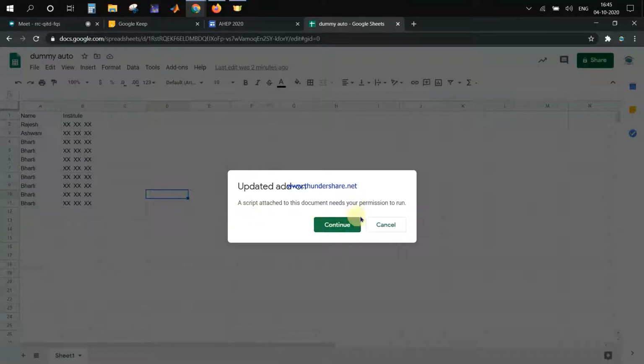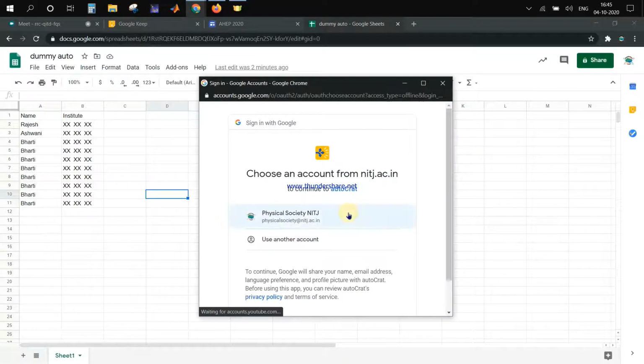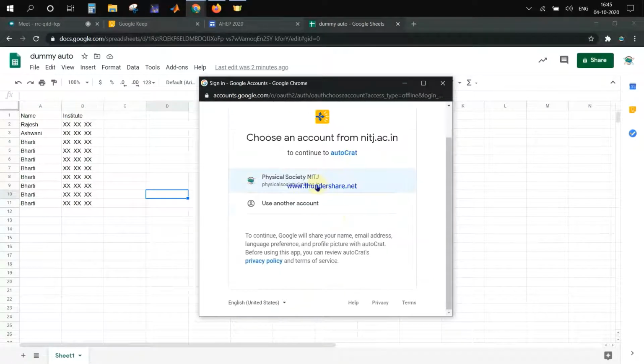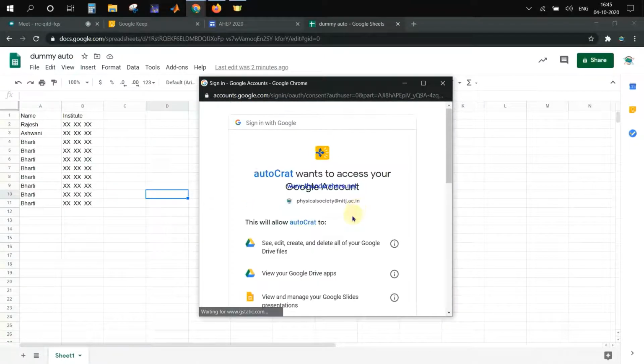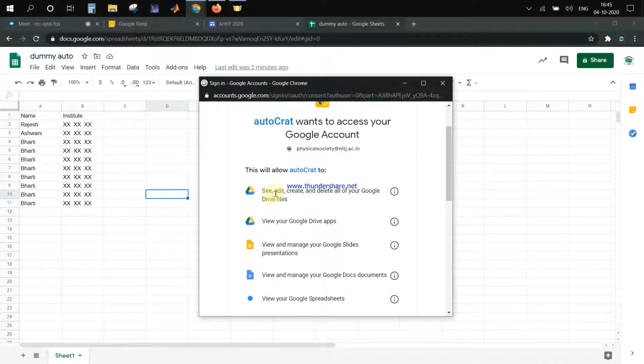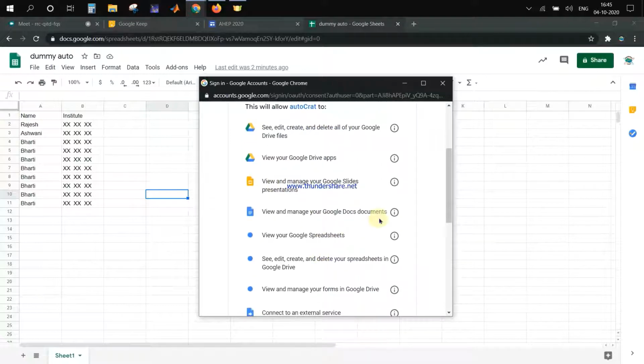Okay, the script does need permission to run. I am giving the permission, and it is asking me for permissions. You can see: edit, create, delete all your Google Drive files, view your Google Drive apps, view and manage your Google Slides, view and manage your Google Docs documents.